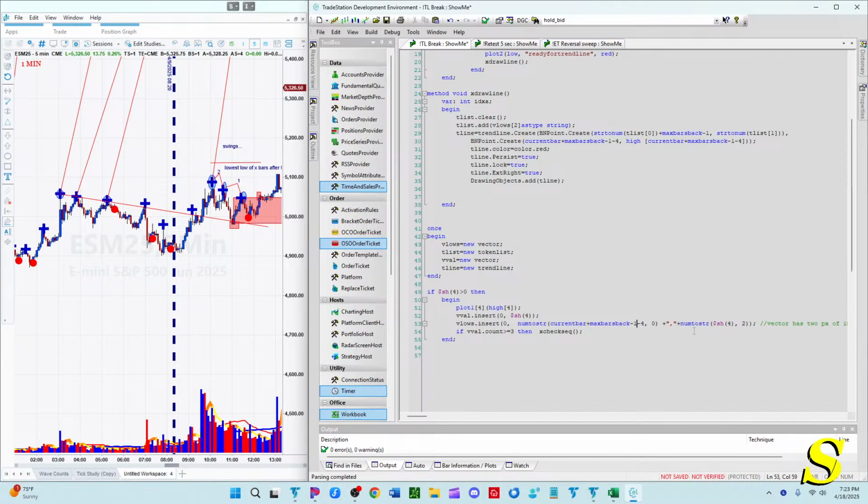Let me put it in down here. This would be, okay, so that 4 bars back. So then this shouldn't need it at this point. Okay, and now